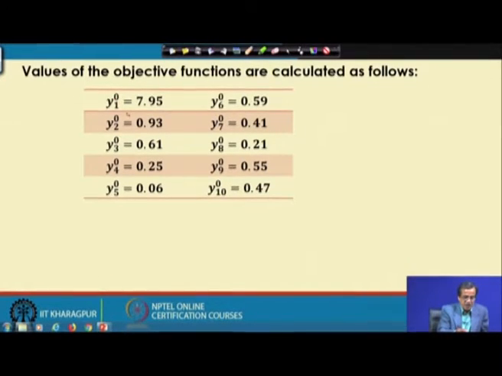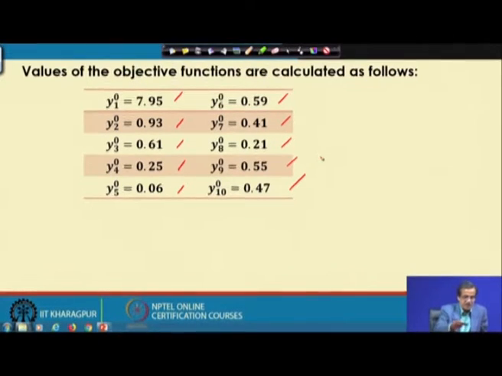For example, say y10 is calculated at 7.95, then y20 is calculated as 0.93, then y30 is 0.61, y40 is 0.25, then y50 is 0.06, then comes y60 is 0.59, y70 is 0.41, then y80 is 0.21, y90 is 0.55 and y100 is 0.47.